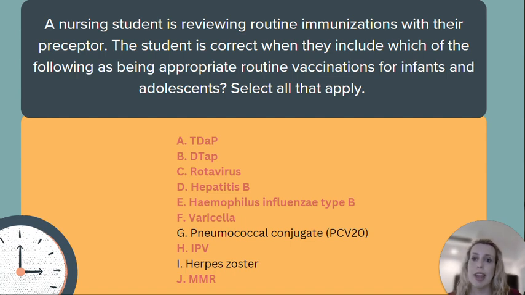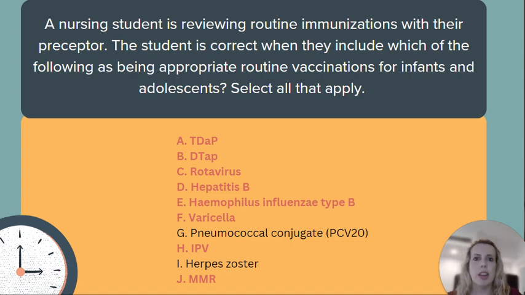And next after that, we have the pneumococcal conjugate vaccine, specifically the PCV20. So that is a type of pneumonia vaccine that's given to adults 65 years and older to prevent complications. So in certain situations, children can be given this due to their health risks or comorbidities, but it's not a typical routine childhood vaccine. So moving on to the IPV, that is the polio vaccination, which is typically given in several increments, and we complete the series by the age of